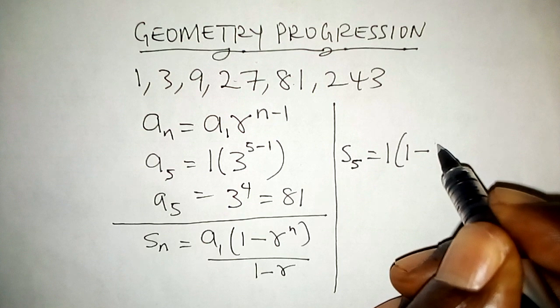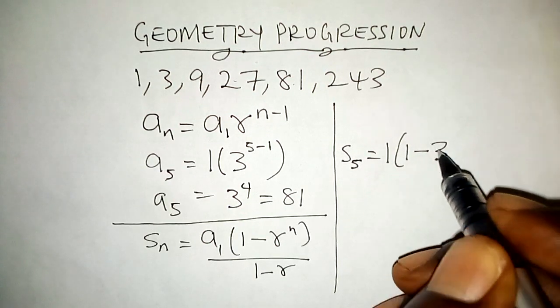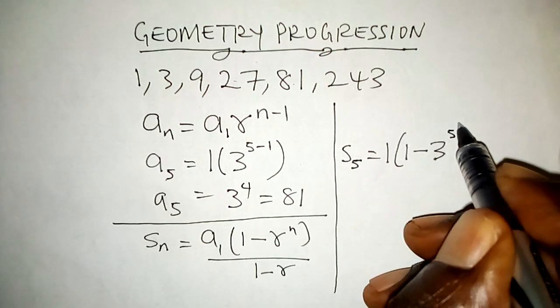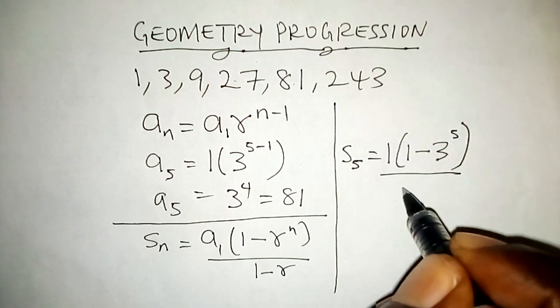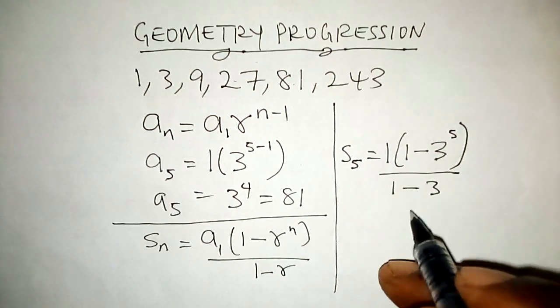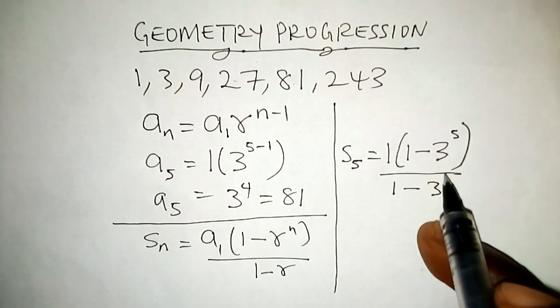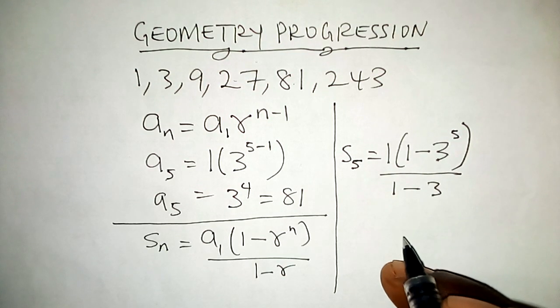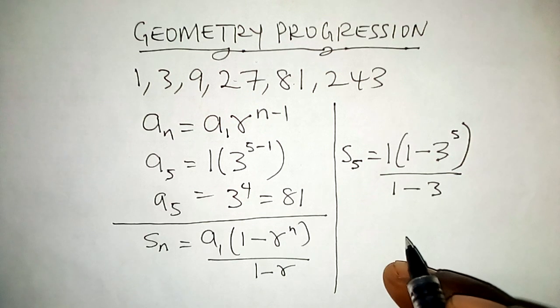We say that is 3 already. We say that is 3 raised to the power of n, which is 5, bracket close, all over 1 minus 3. Now 3 raised to the power of 5, meaning 3 times 3 times 3 times 3 times 3, will give us